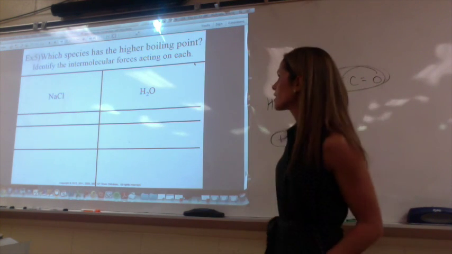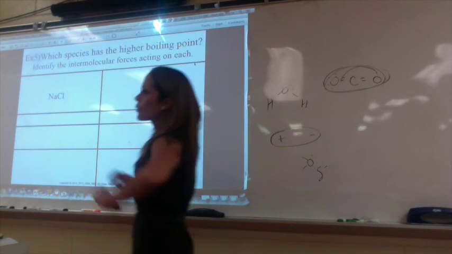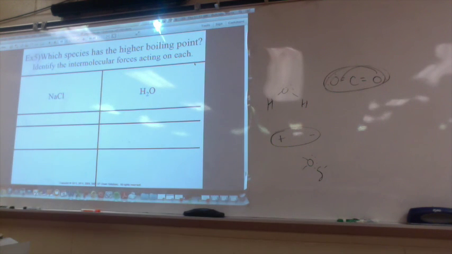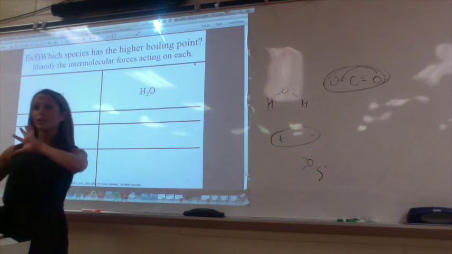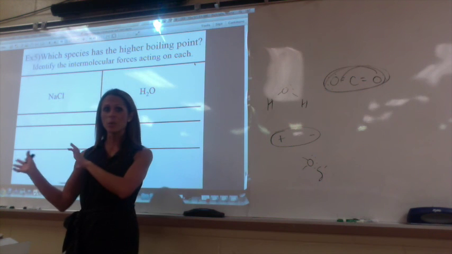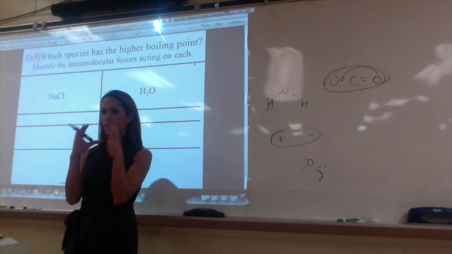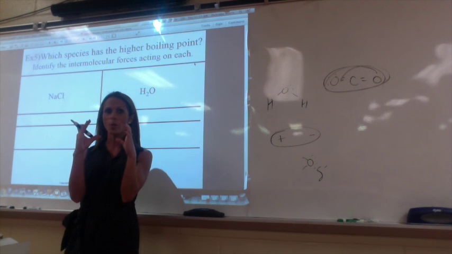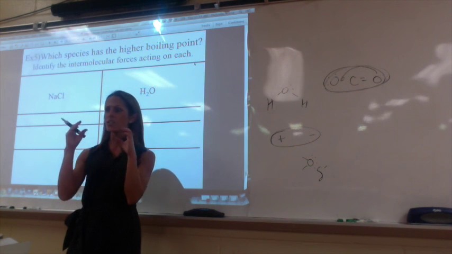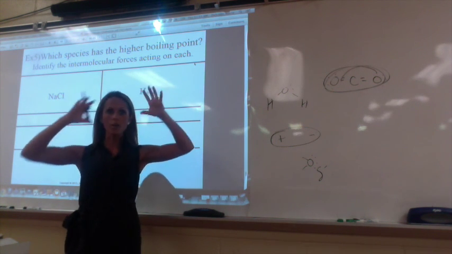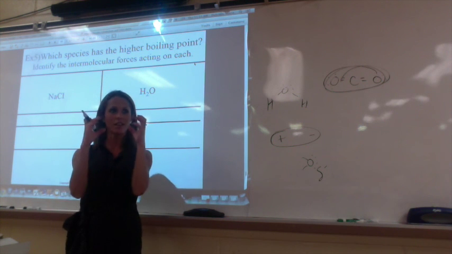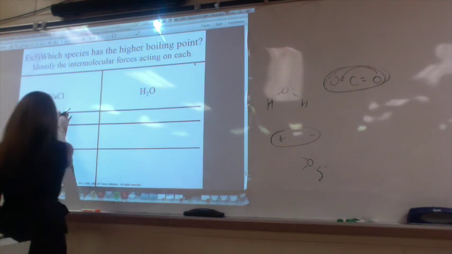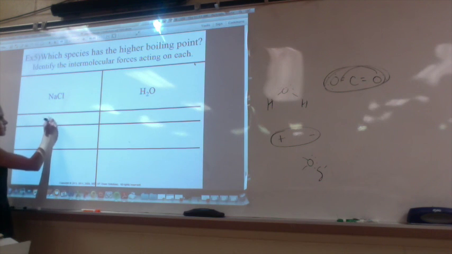All right, first one, sodium chloride. So we can't write what? Polar. Why can't we write polar? Because it's ionic, right? Polar only refers to when a molecule creates its own slightly negative and its own slightly positive end. Remember that molecules are entities, these species, whereas a cation and anion is just a solid network of all of these pluses and minuses attracted to one another. So this has no polarity to it. It is simply ionic.